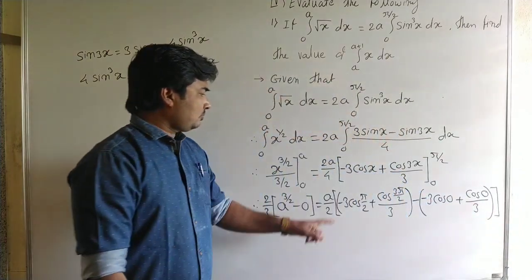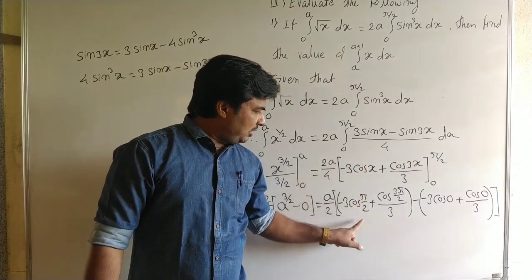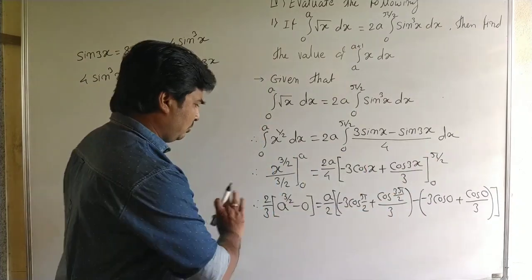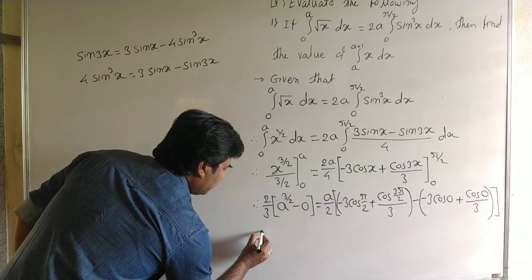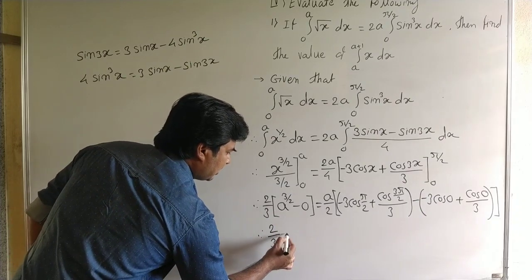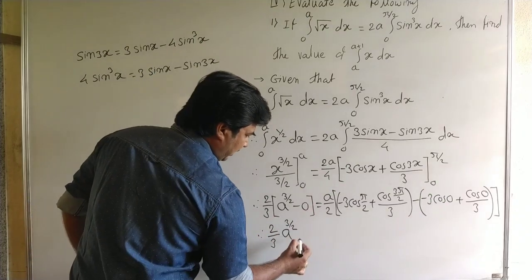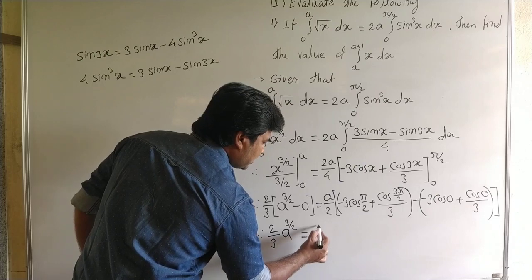Okay, here it is a by 2. Now first we put the upper limit minus lower limit. Now only take the calculation. Then here it is 2 by 3 as it is. It is a to the power 3 by 2. Then it is a by 2